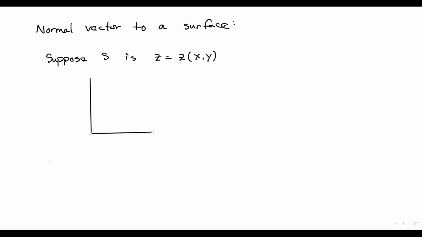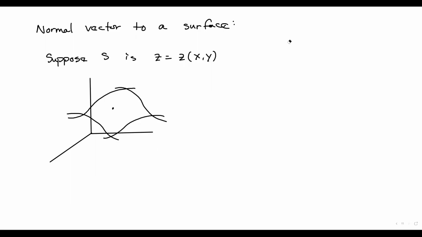We've got our surface. Let's say we've got a point on that surface. And what we want to do is find the normal vector